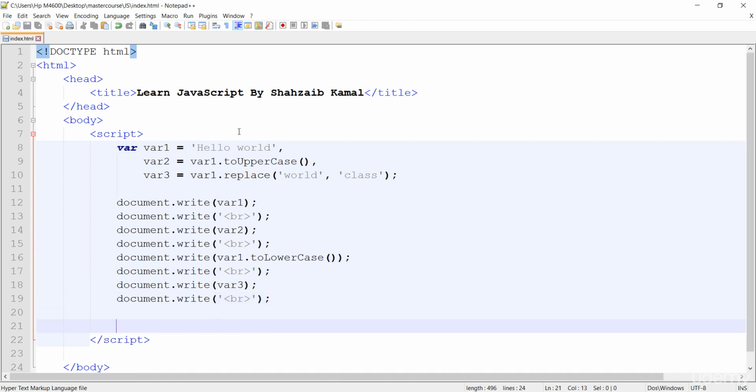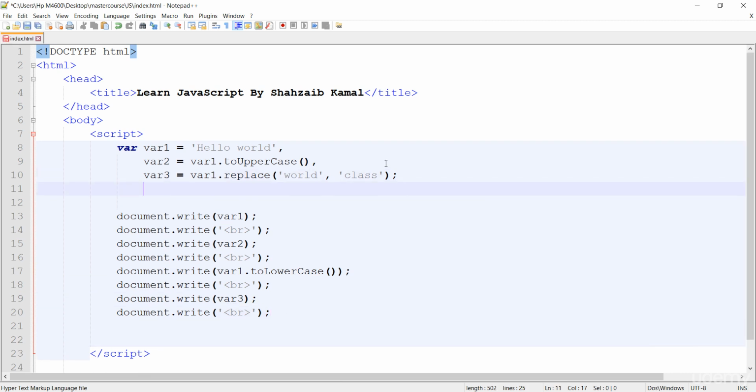Something more I just want to show you. So I'm just pressing enter, and then the var4. I think I should type the ans4 for the answers. So the var1 dot slice. This is another function, the slice, and what it does, basically we can extract some text from the complete